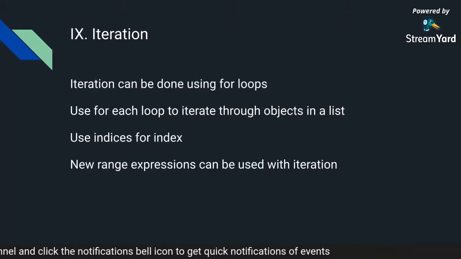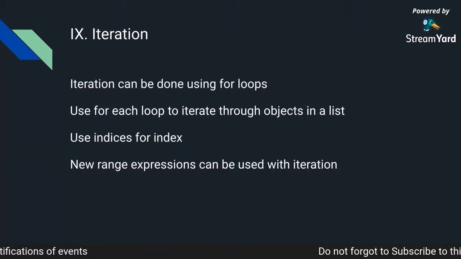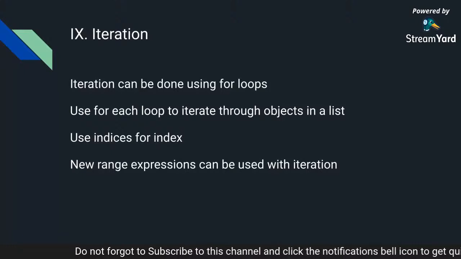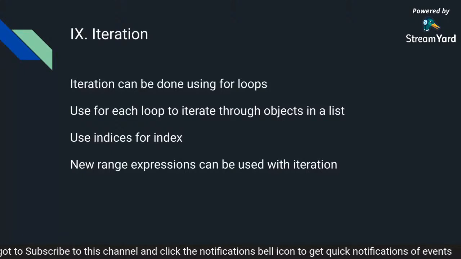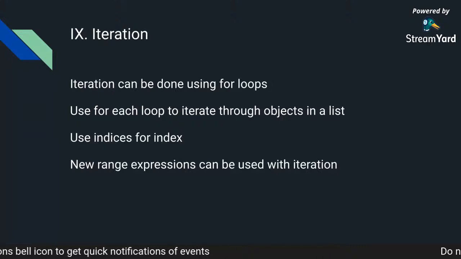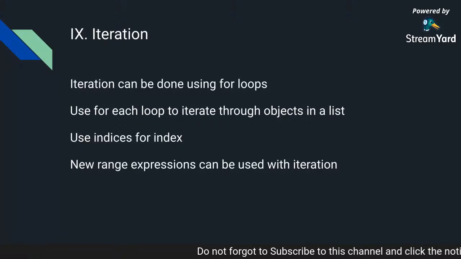So what is iteration? Iteration again is a simple thing. You iterate through something, right? You go through an object one by one, or an item one by one, and do something with that. That's what we use iteration for. If you remember code you have written at college level, it's something like i equal to zero, semicolon, i less than this, and then i plus plus, and then you index and do all that kind of stuff. That's what iteration is. You just loop through certain things, and we use for loops for doing this.